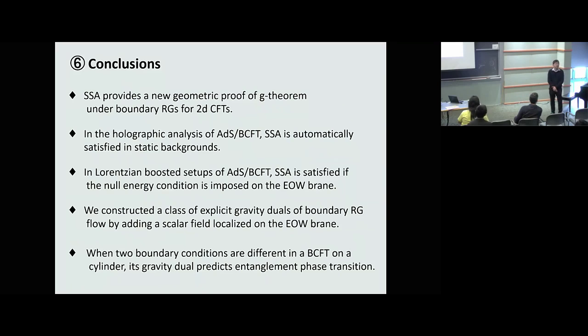I wonder if your boundary condition becomes dynamical. Is there any interesting conclusion you can draw? What do you mean by dynamical, a time-dependent boundary condition? Yeah, that might give some constraint from strong subadditivity, like how much it's increasing and so on. But is there anything concrete? Yeah, I don't have it. It's a future problem.